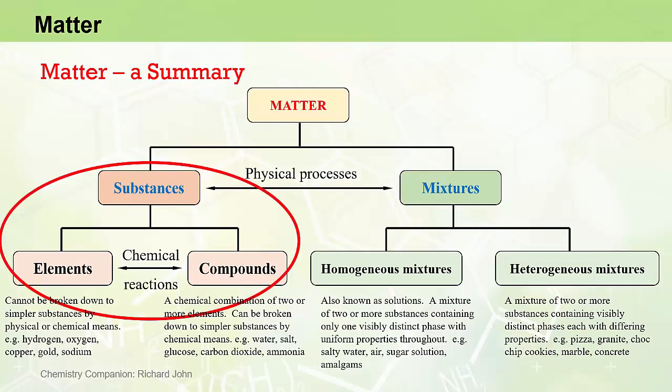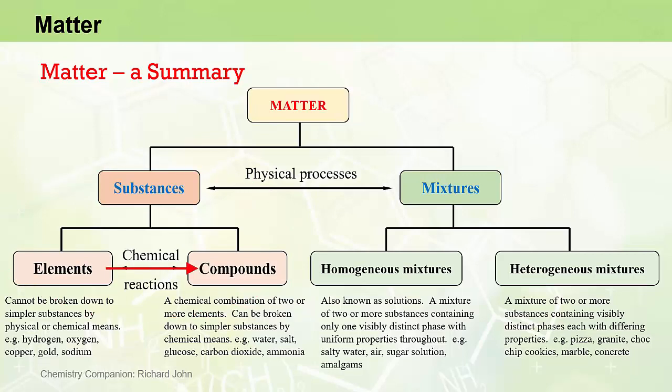Pure substances, or simply substances, are uniform throughout and do not vary in chemical composition from sample to sample. A substance has a definite, distinct, and unique set of physical and chemical properties that do not vary from sample to sample. If two different samples of matter have the same set of physical and chemical properties, then they are said to be the same substance. There are two types of substances, elements and compounds.